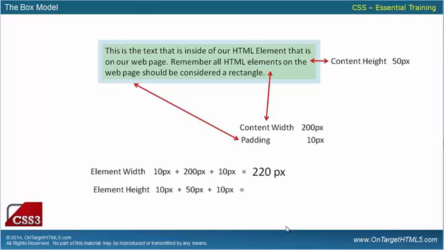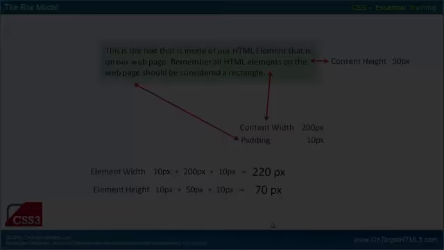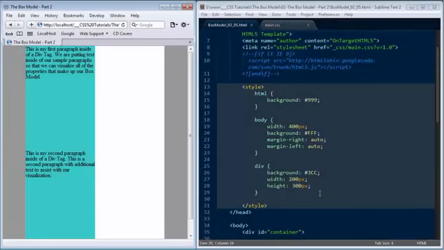The same thing with the element height. I've got an element height of 50 pixels, and I have 10 pixels on the top, 10 pixels on the bottom. That's going to give me an element height of 70 pixels. So it's adding to the actual height and width of that particular element. And that can really blow up your layouts. I mean, when you're starting to get into pixel-based layouts, you've got to understand how the padding is added to the width and height,